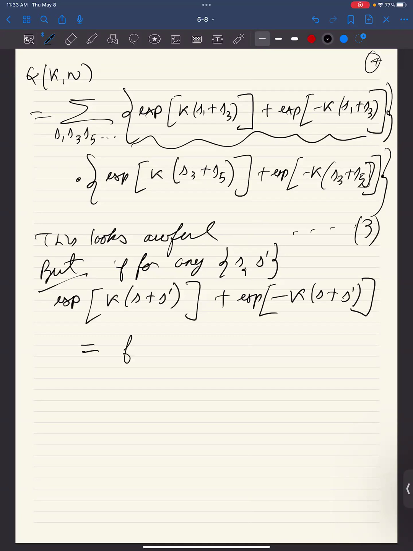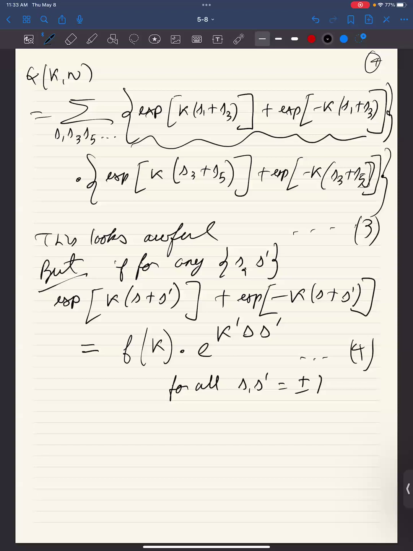If it could be written as f of K, some function of K, which we don't know what it is, multiplied by e to the power K prime S S prime. Let's call this equation 4. If this would be true for all S comma S prime equal to plus minus 1,